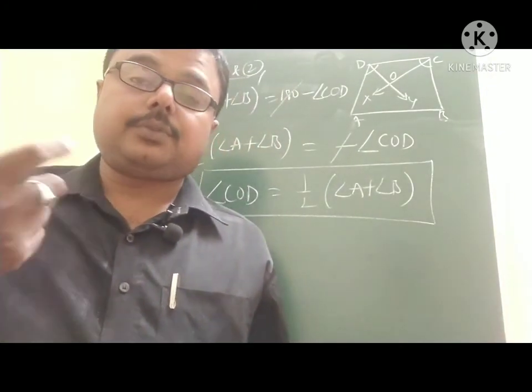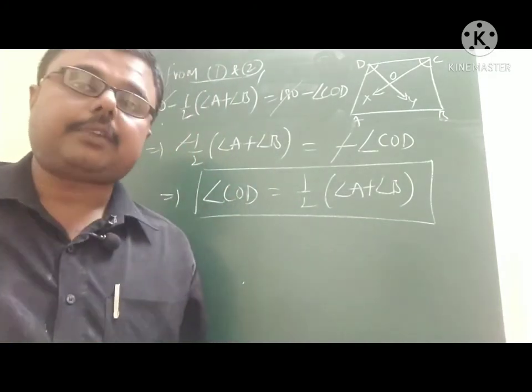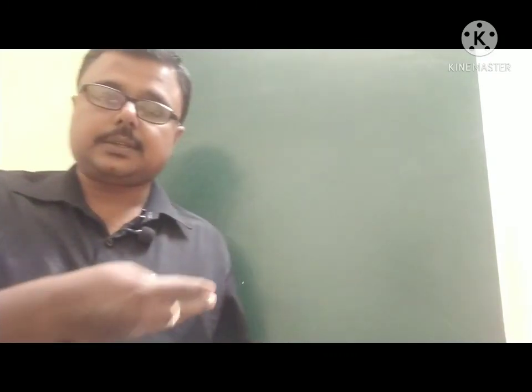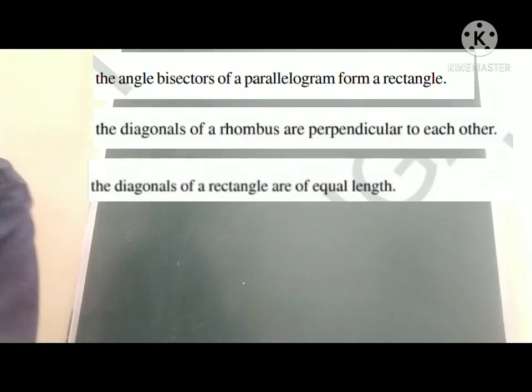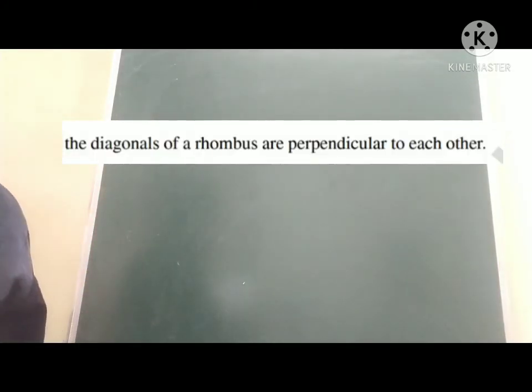So when you know those statements, the same questions you can prove in a different manner by applying them, based on the diagonals of the parallelogram and different geometrical criteria. These are the statements we need to discuss. Have a look at these couple of statements. One of the statements is that the diagonals of the rhombus are perpendicular to each other. So when you know that property, you can prove the same question.